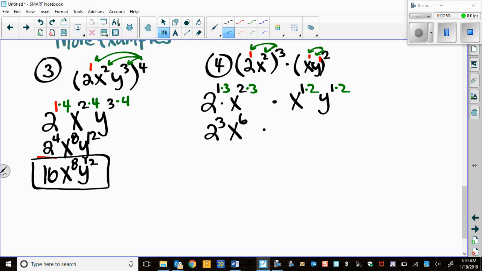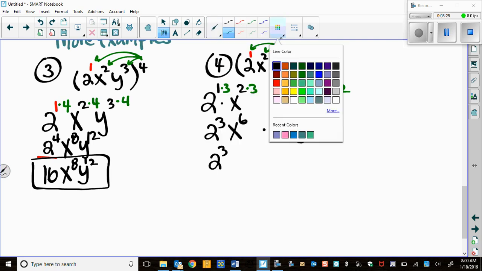My second one is x to the second power and y to the second power. Now what we're going to do is take what we learned from the previous video, and we're going to combine our x's. Notice that we have an x and an x here. Well, let's go ahead and squish those together to make one term, and the y to the second is going to be by itself. So here we go. 2 to the third, I'll come back to that. I'm going to take this number,